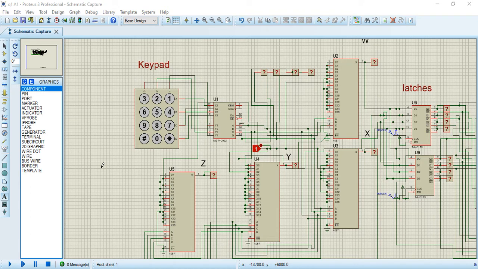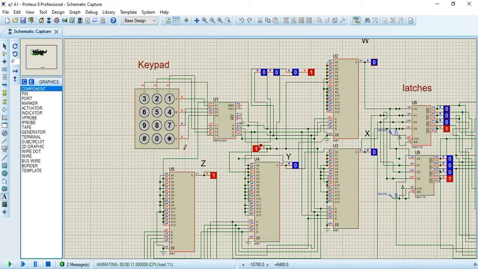Before we start, let's check whether our keypad really works or not. When we start the simulation, I will press 1. You can see that from the output I get 0001, which proves that our output is right.